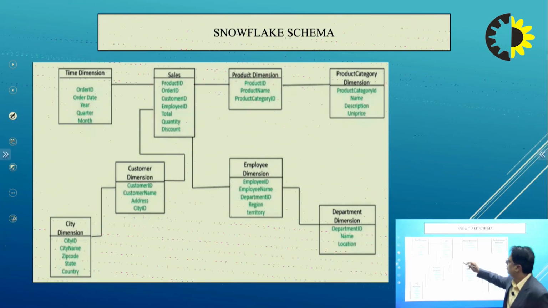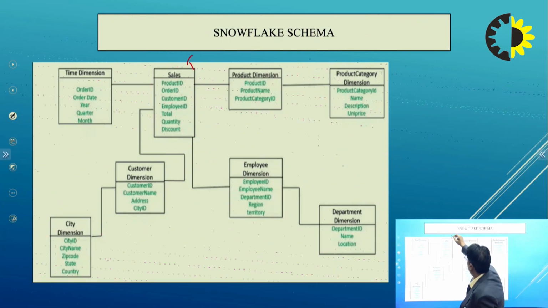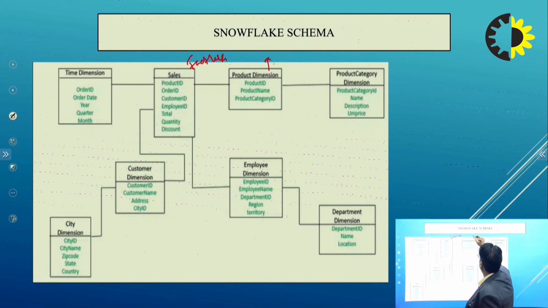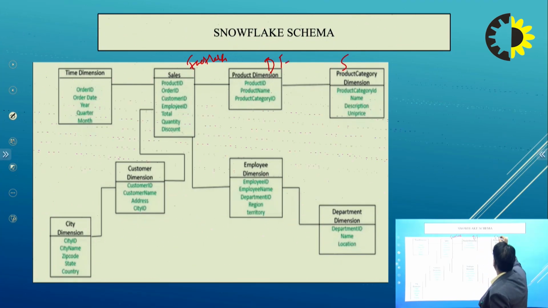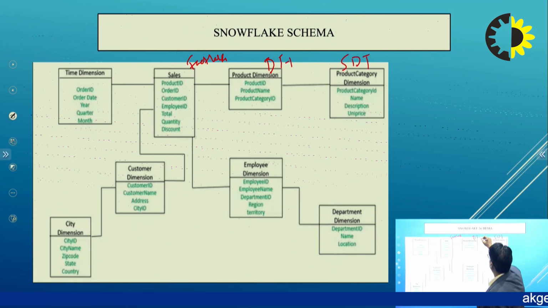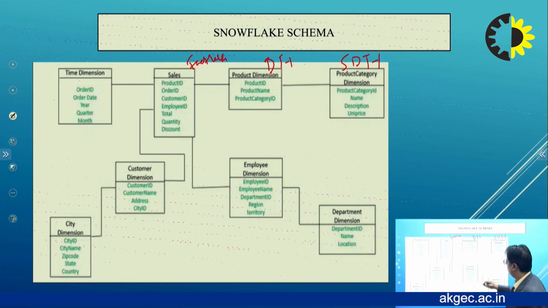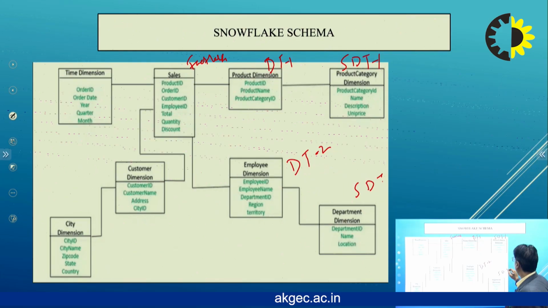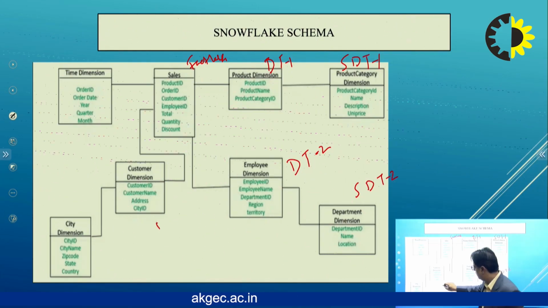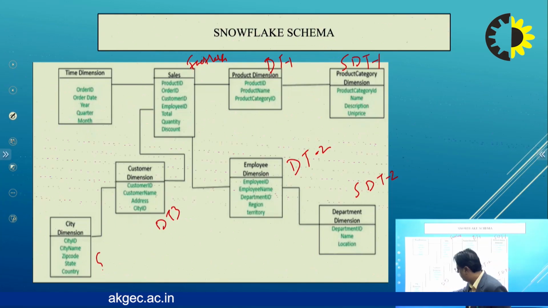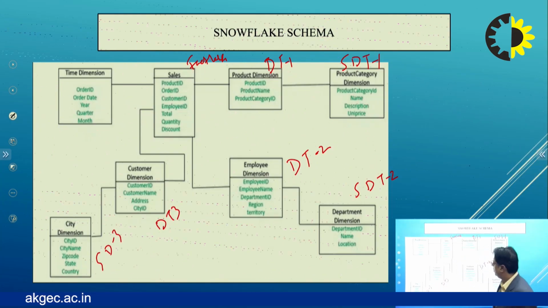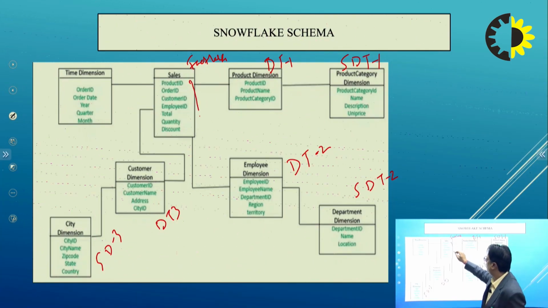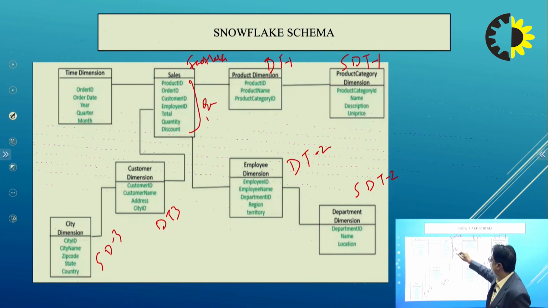First, sales. This is the fact table. This is the dimension table, and this is the sub dimension table of dimension table 1, sub dimension table 1, dimension table 2 and sub dimension table 2, dimension table 3 and sub dimension table of 3. We see here these all attributes are quantitative, means numbers